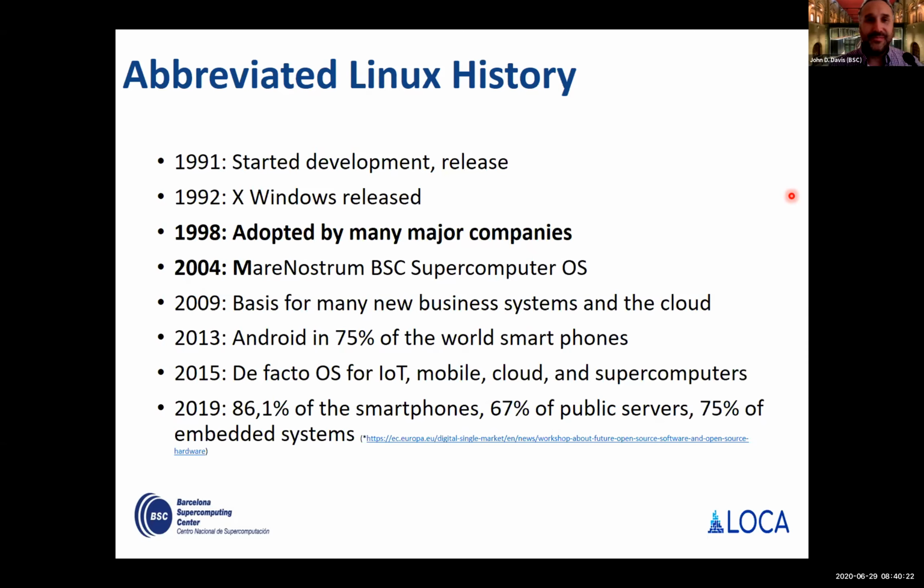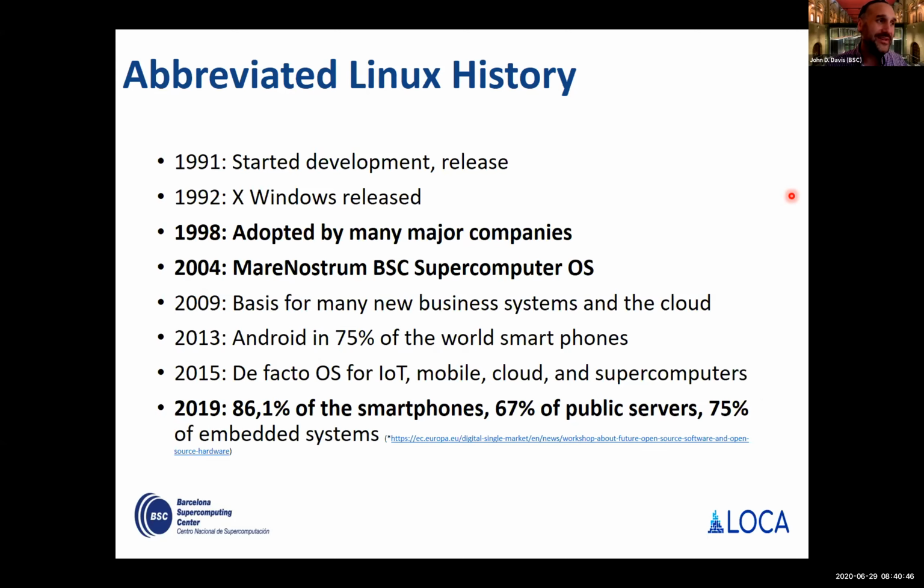Likewise, on the high performance computing side of things, MareNostrum was one of the first supercomputing centers to deploy Linux as its de facto operating system. And so this was a big change from the vendor-specific operating systems of previous supercomputing deployments. So it was pushing the envelope and getting this in place, and today that's basically the norm. The amazing thing about today is we see Linux just dominating a lot of the different environments in various forms and flavors. And so this is just something to keep in mind when we think about how the hardware space will evolve, how that will move forward.